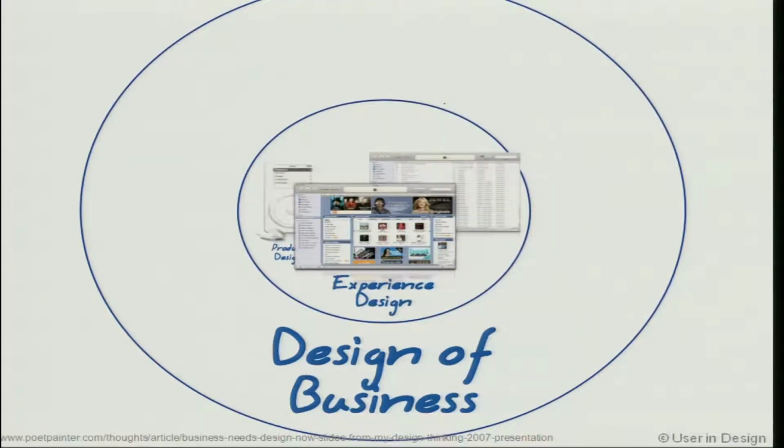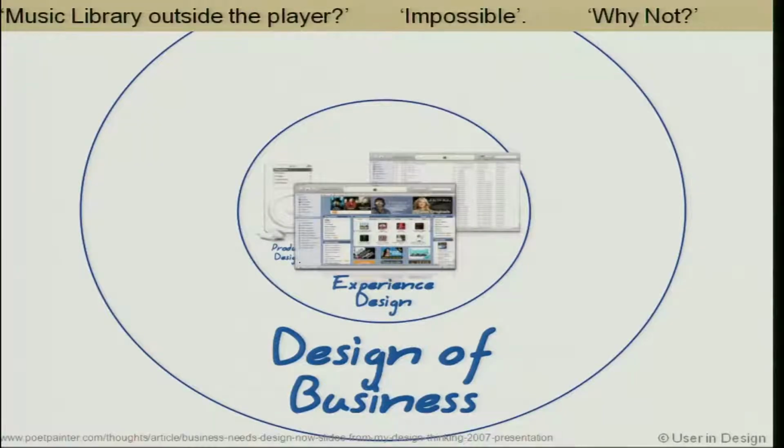So they looked at it as the design of the product, the design of the overall experience, and then the design of the business came around that. And of course, we know what a successful business it became. So that's another example of how being people-centric led to business success ultimately, right? Listening to the user, watching the user, understanding user needs, incorporating those into the product, and bringing them all together led to business success. So this notion of a music player outside the library, perhaps people before that had said impossible,